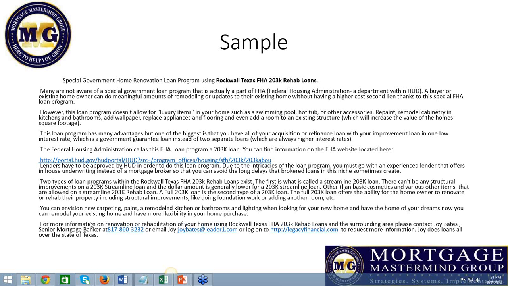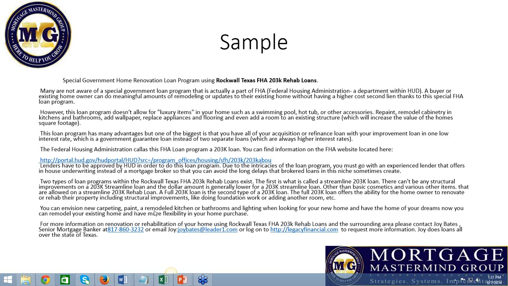And basically what I did there is I gave them some of the specific information, but more than anything, that entire paragraph has FHA 203K or 203K loan spelled out in it multiple times. And so now I'm tapping into other searches that may not include rehab loans or things like that, but if they simply put in FHA 203K, I now have a really good opportunity of coming up in their search results.